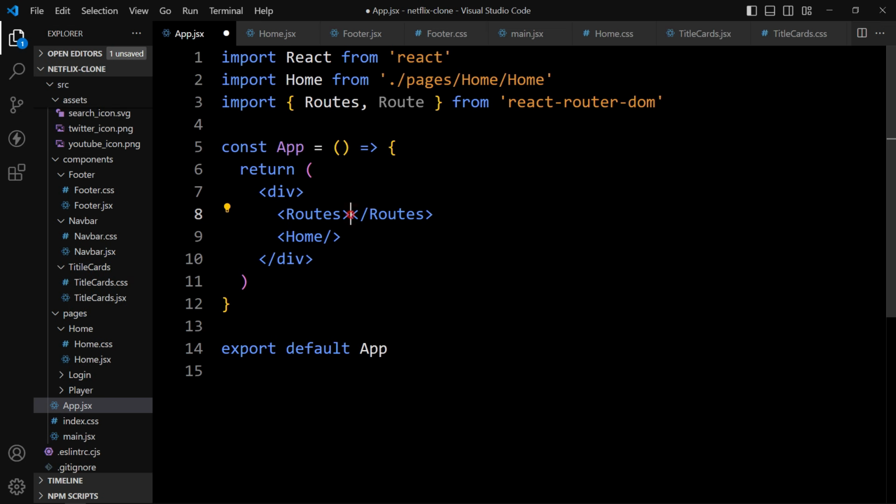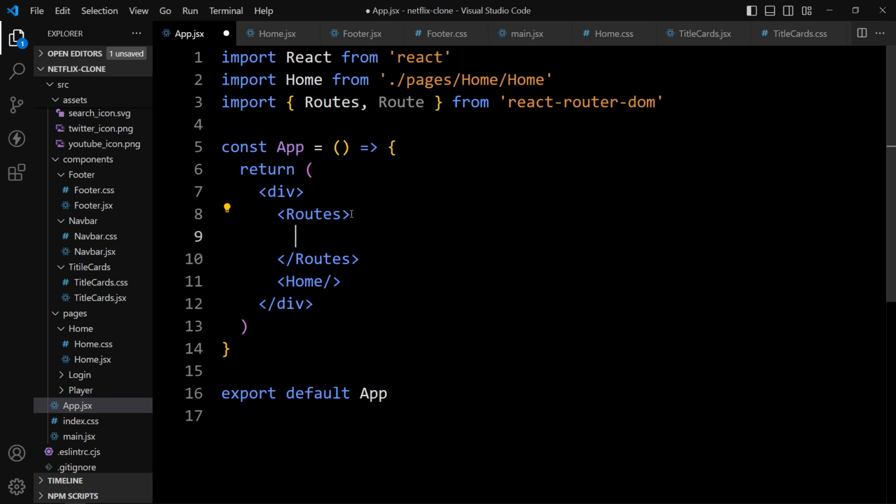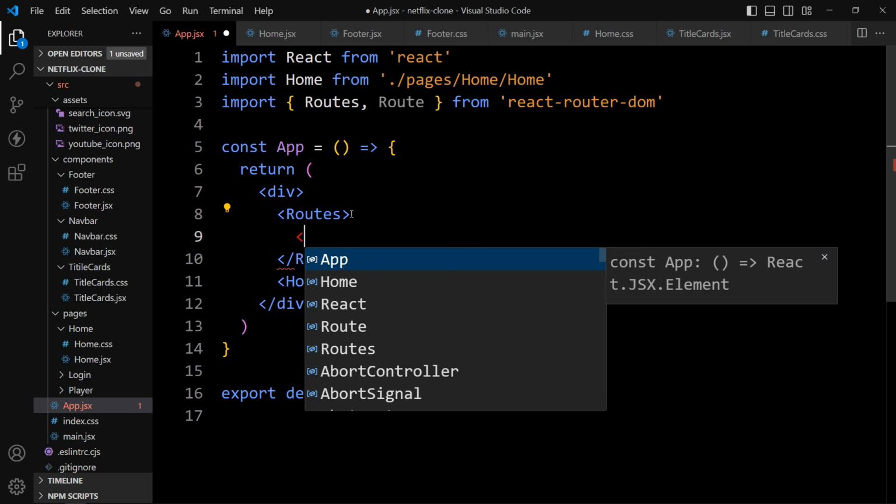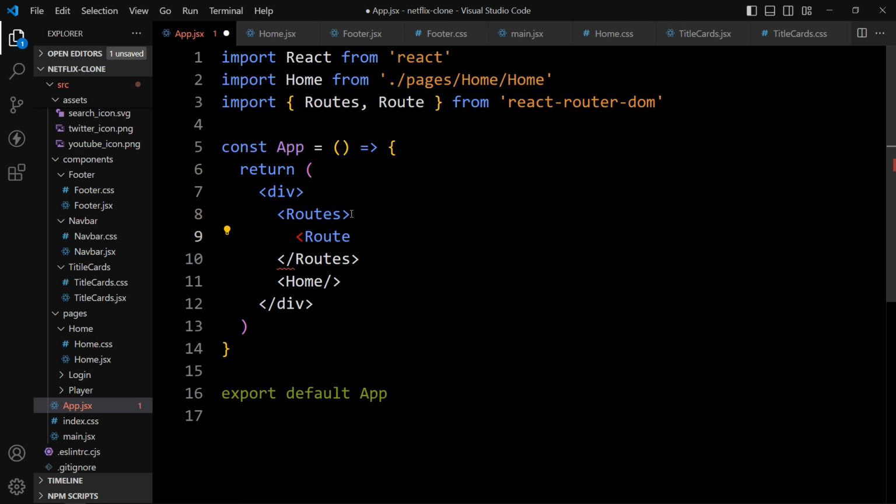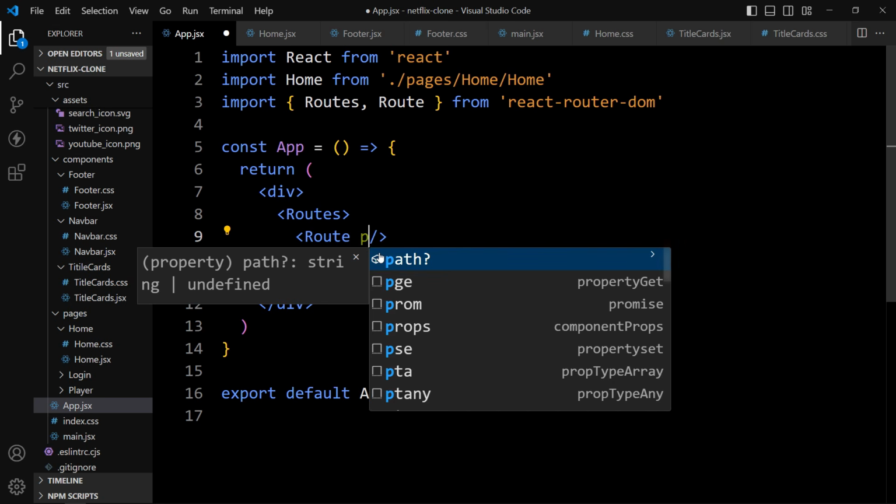It is Routes, and within this we will add opening arrow Route, and it will be self-closing like this.